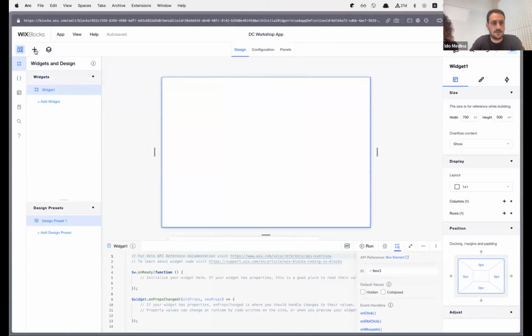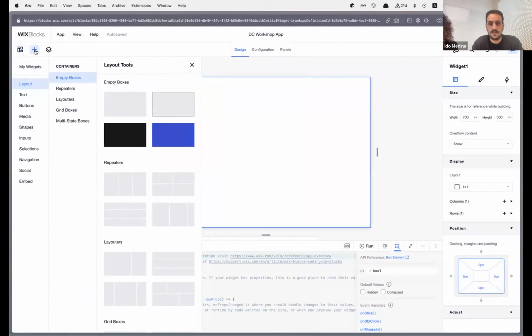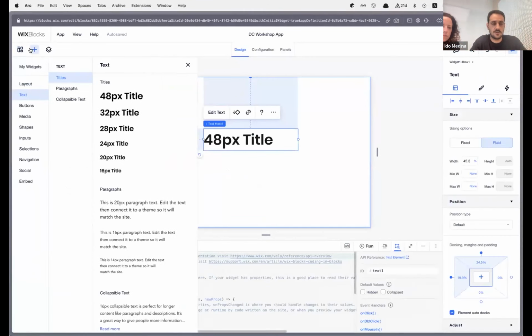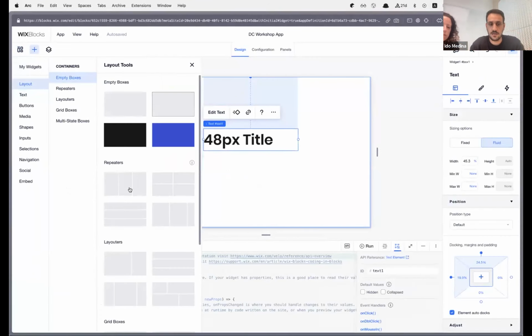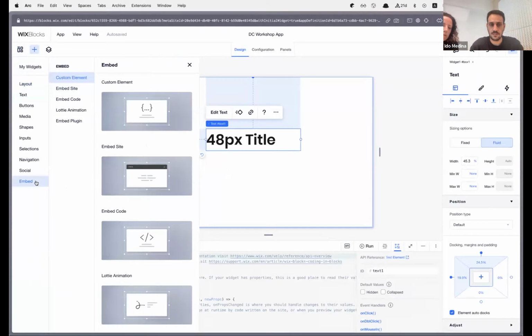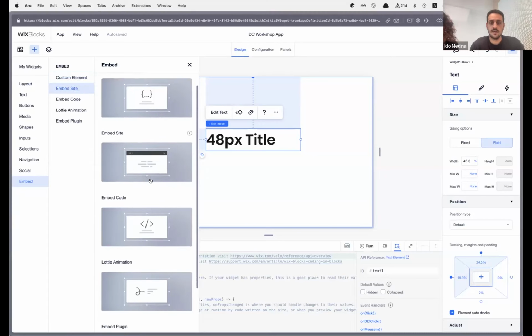We have here on the left side the elements panel. Now, all you have in here are ready-made components that you can use just in a drag and drop way directly onto your stage. You can have here also soft layouts, building repeating patterns or responsive layouts and stuff like that, and also embed code and embed components. So if you feel like you're missing something, if there is something that you need that you've already built and you want to integrate into our apps, you can do it right here with custom elements or embedded code and